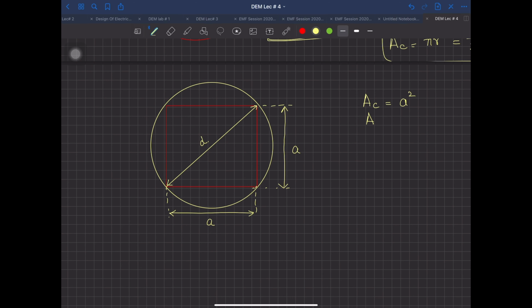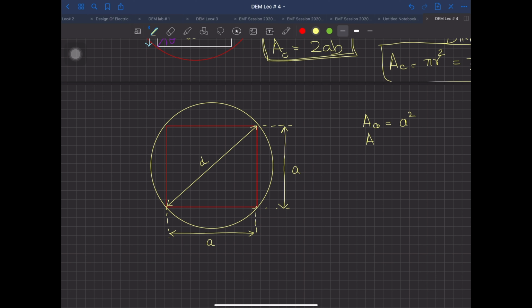And the area of the circle over here, in fact I did something wrong here, this is the core area, and this is the area of the circle, so this is coming out as pi d square by 4. Is there any relationship between A and D here? It's a square. Why is it a square? All four sides are equal. How much is this angle? 45, come on. This angle is 90, this angle is 90, this angle is 90, this angle is 90, and since all are equal, the angle bisectors are also going to have the same.